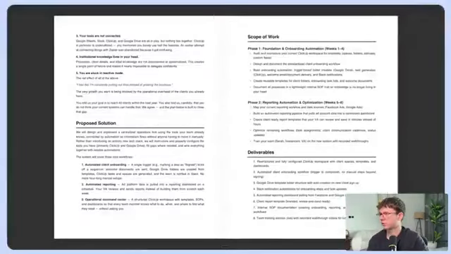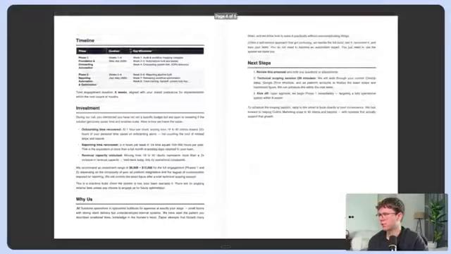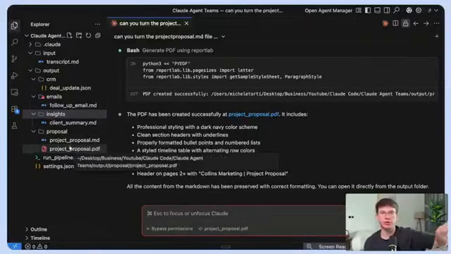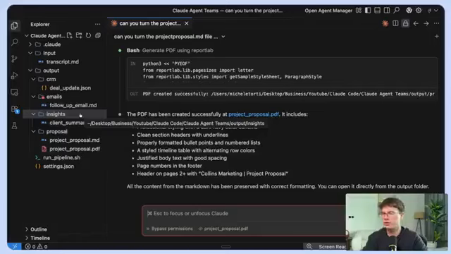Then we have tools, proposed solutions, scope of work, deliverables, timeline, investments. It also made the table. Very nice formatting, the price, why us, and next steps. And so that's exactly how the whole agent team ran through to make the output, which you can then use for whatever it is. And this right here is a 7 out of 10 use case, I would say, because